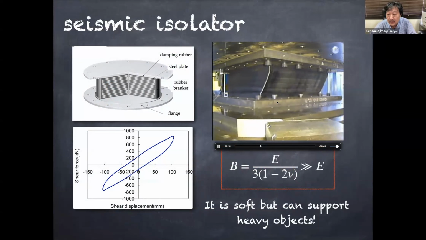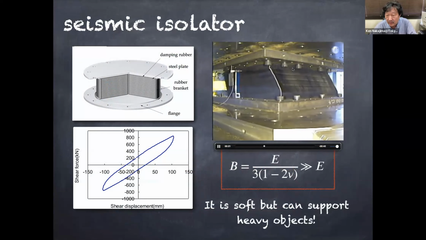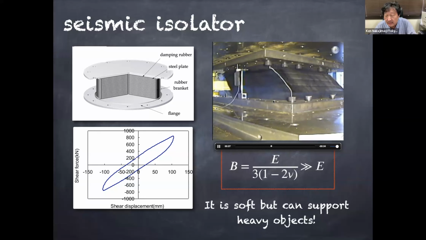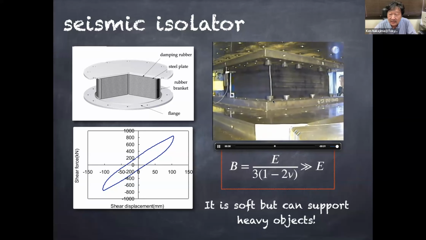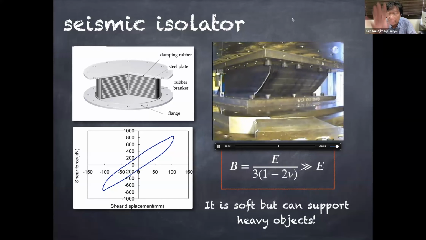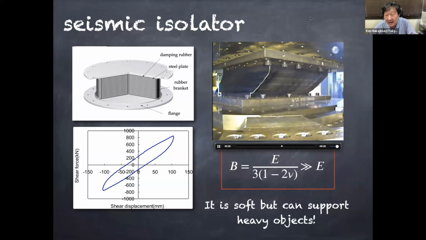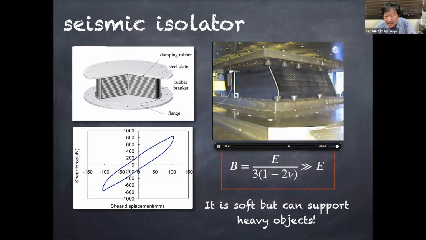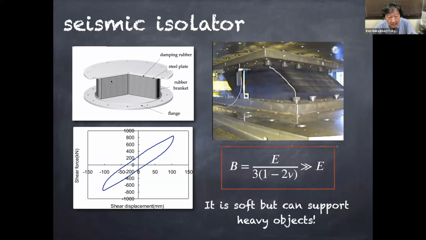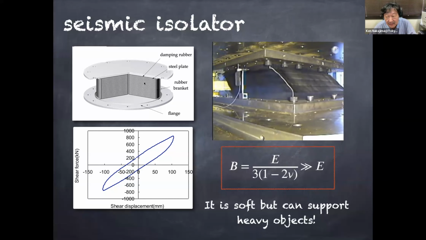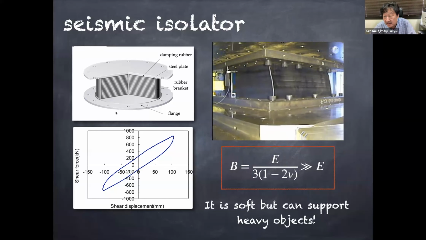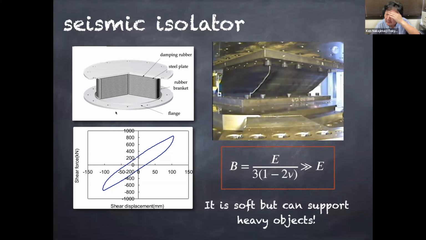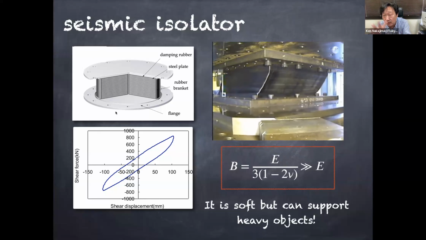Then upon the earthquake, this portion moves. And of course, energy must be dissipated. But the point is, there is a huge object on the top of this rubber base material. Of course, this is not just simply rubber, but a kind of rubber-steel sandwich-like structure. But it can bear the very heavy object without deforming,